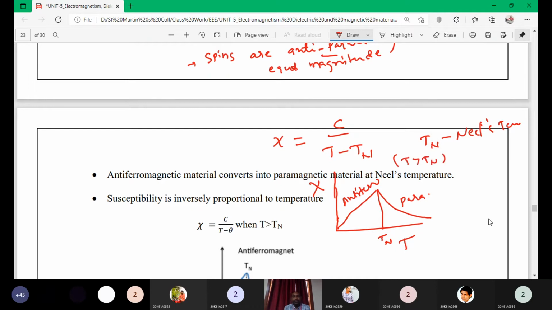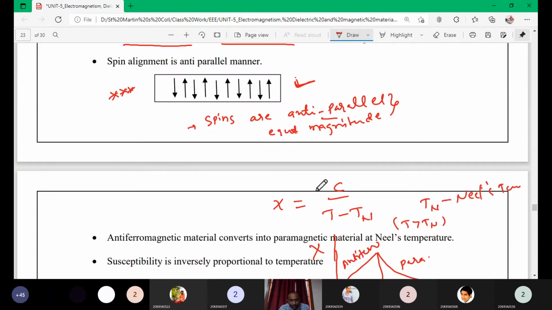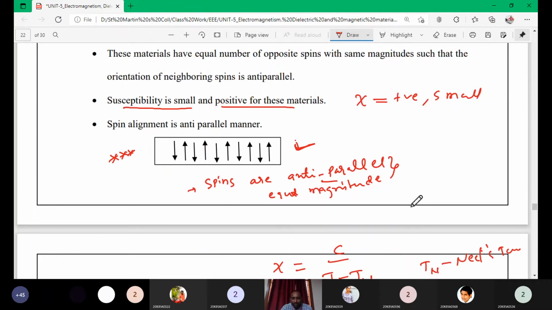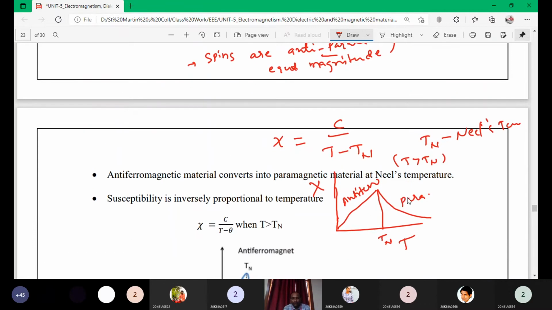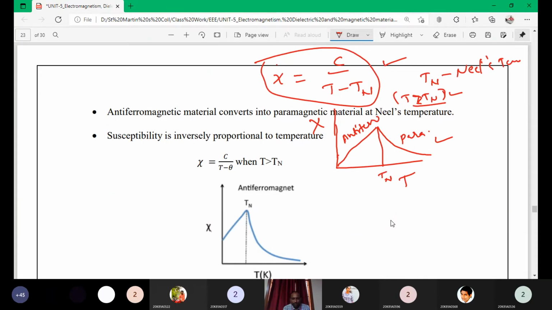T greater than Tn. Here also, as we discussed just before, susceptibility is positive but a small value. It is positive only when T is greater than Tn. Okay, this is also a very important law, so you draw this equation and draw the figure. When you plot susceptibility versus temperature, the antiferromagnetism